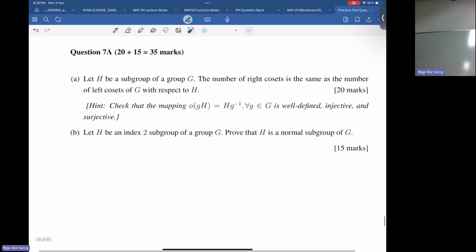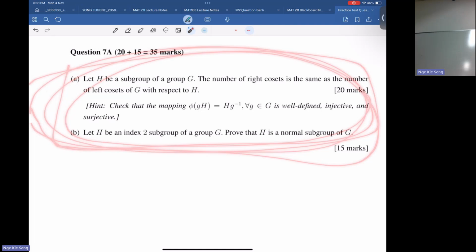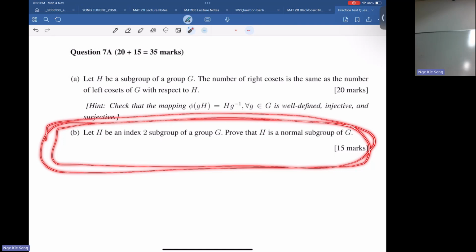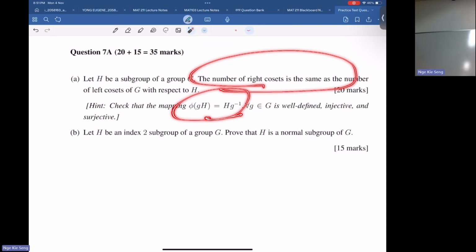Right. 其实 the killer of this midterm paper is this question here. The more specific killer is this one. I set this as a distinction mark question. I wouldn't say part A is hard, because I already gave you the map to check. Even if you don't understand what this question is asking, go and check this. You get more of the marks already. Just that you need to argue why, after I prove this, you have a right coset equals a left coset.